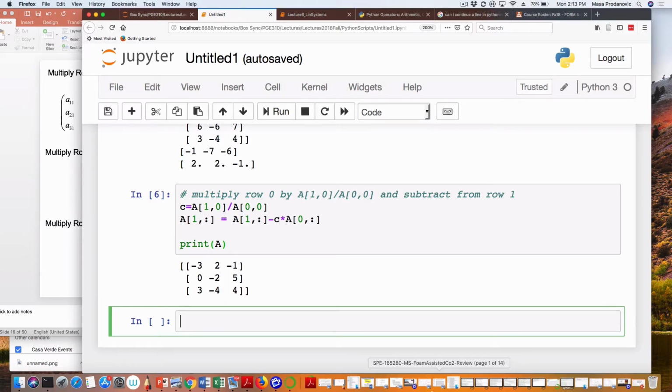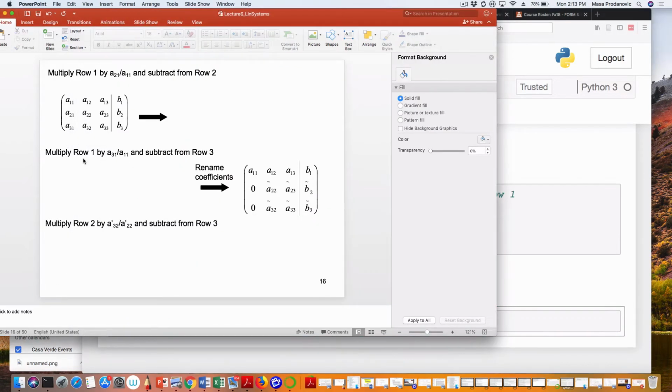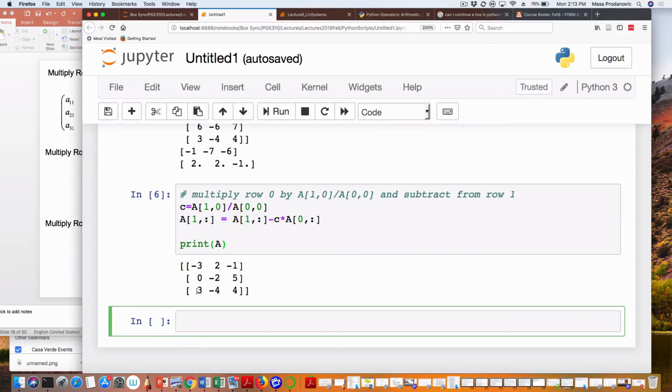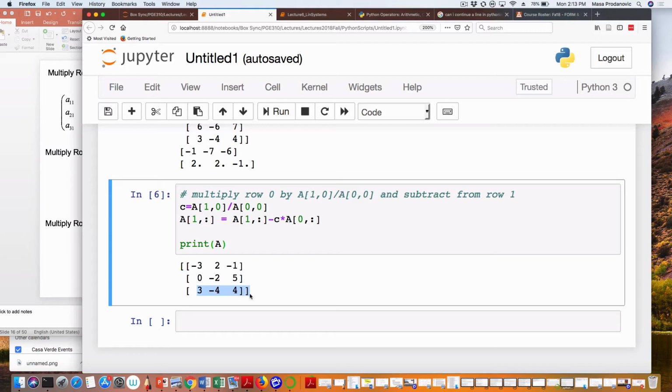So for now, until I see the rule, I'm actually going to do the same thing with this row 3, which was suggested in this slide. Now multiply this first row by A31 divided by A11 and subtract from row 3, which basically says take this row, okay, and replace it by this row minus this new coefficient times the first row. And I just have to take the coefficient that works, okay? So the coefficient that works is actually suggested here, so I'm going to do a good old cut, copy, paste and replace